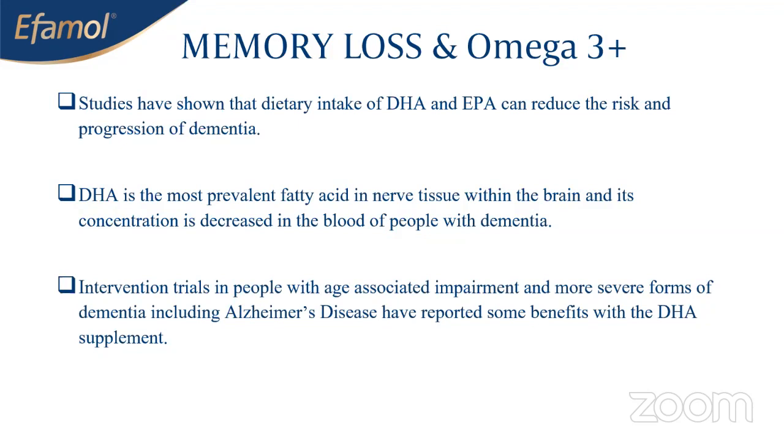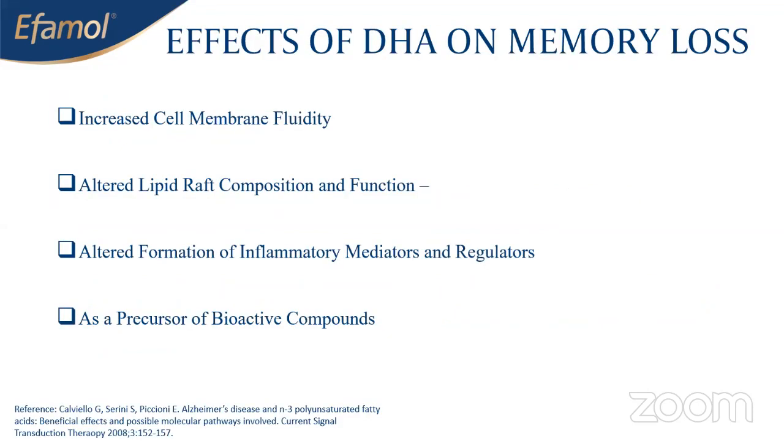And don't forget what I said. Looking at the burden that has been mentioned, both on the government and on the caregiver, the financial burden, it is very important for every one of us, from age 40, to slow down getting dementia, especially in this kind of environment. Research has shown that when you take DHA, especially if you are 40 years plus,